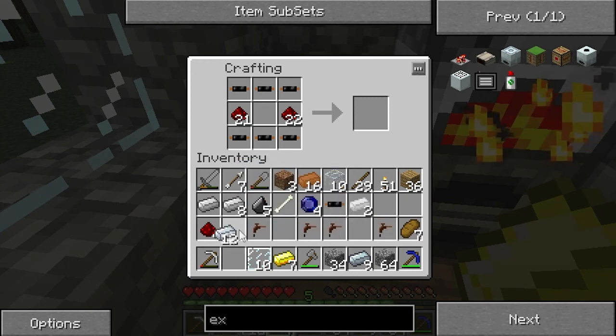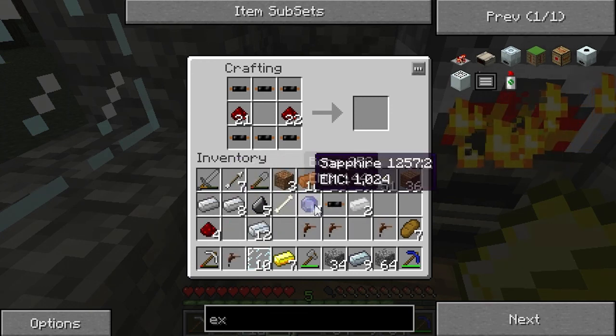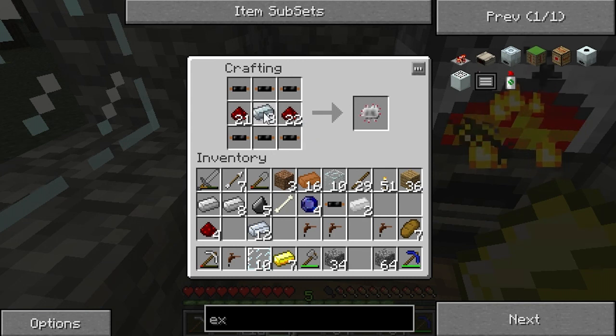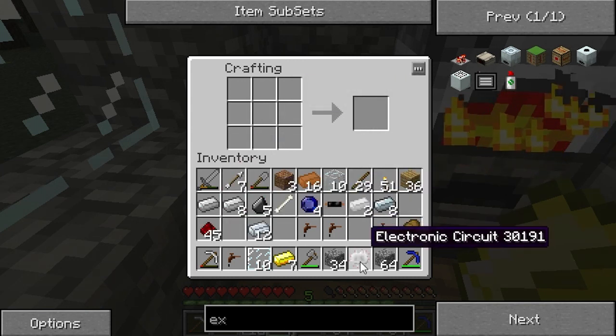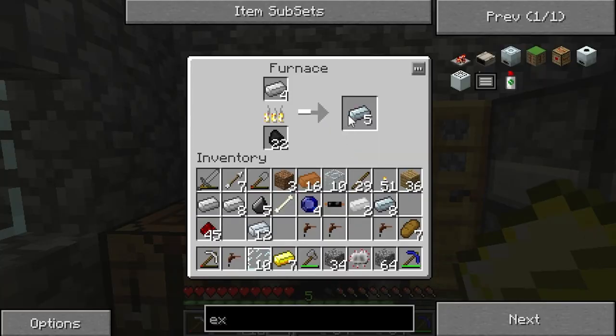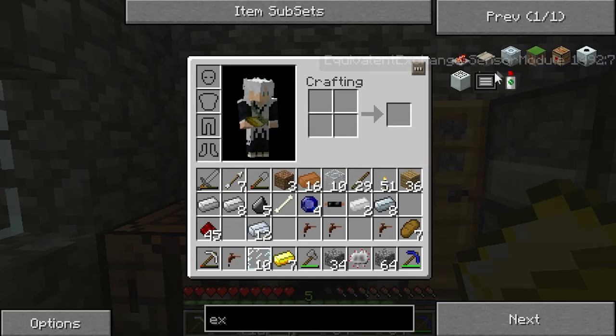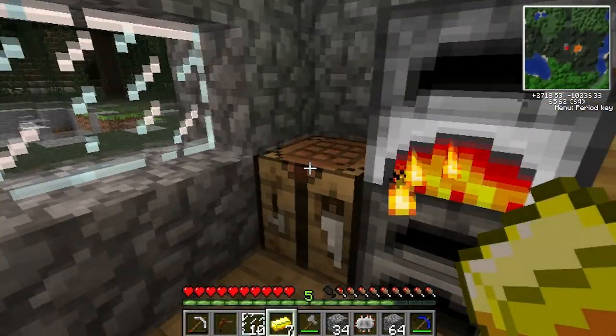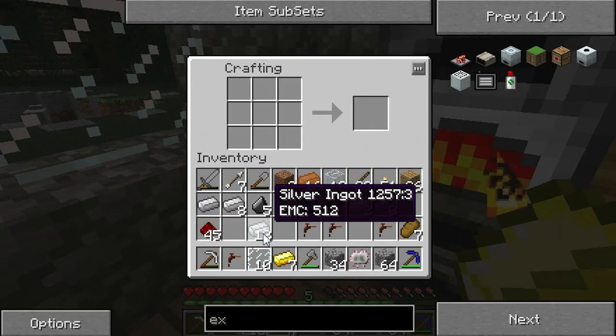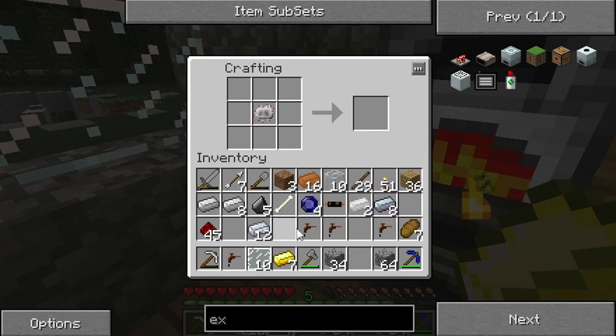Right, we need that's silver. Where have I put my refined iron? There we go. Right, that's a circuit. There are 2 types of circuit in the game, I believe: the electronic circuit and the advanced electronic circuit. We're going to need a machine block. Okay, so we've got enough stuff for our extractor. So when Graham gets back with his stuff, we will...